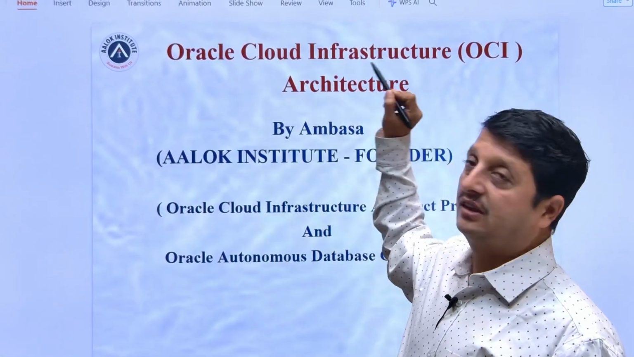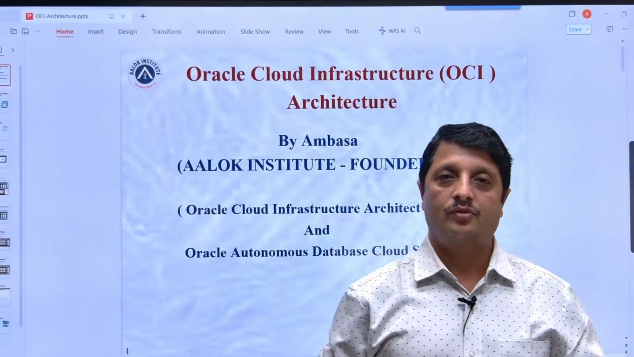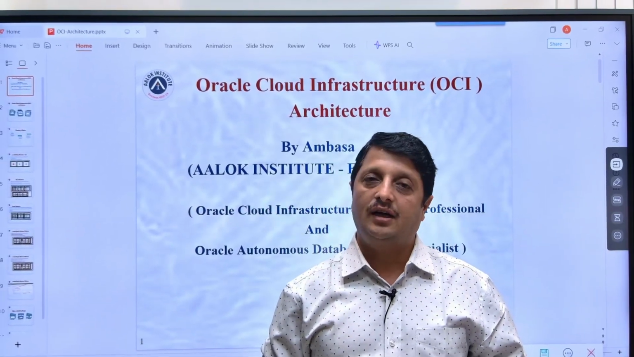Hello guys, today we'll discuss Oracle Cloud Infrastructure Architecture, sometimes called OCI architecture. Before starting with OCI architecture,